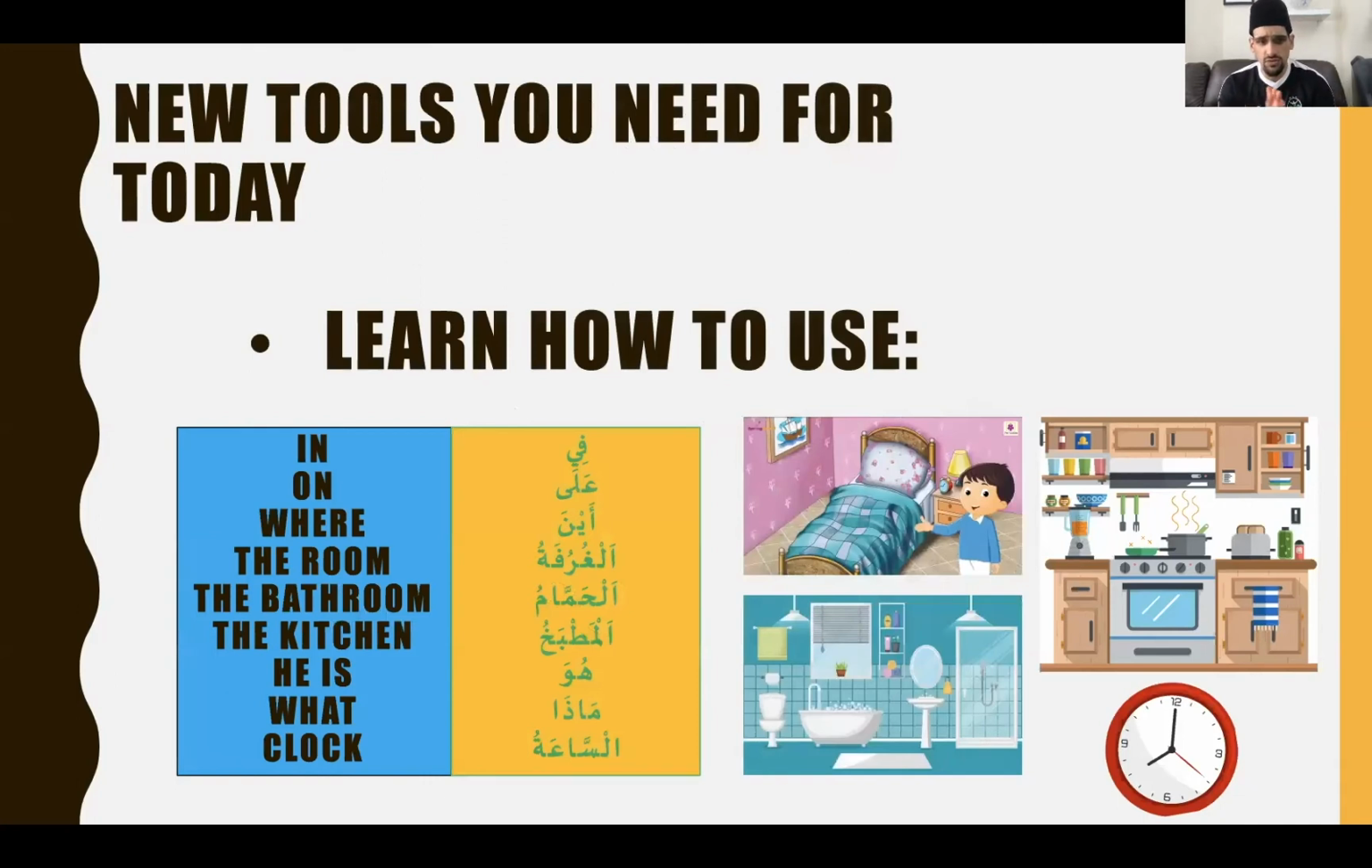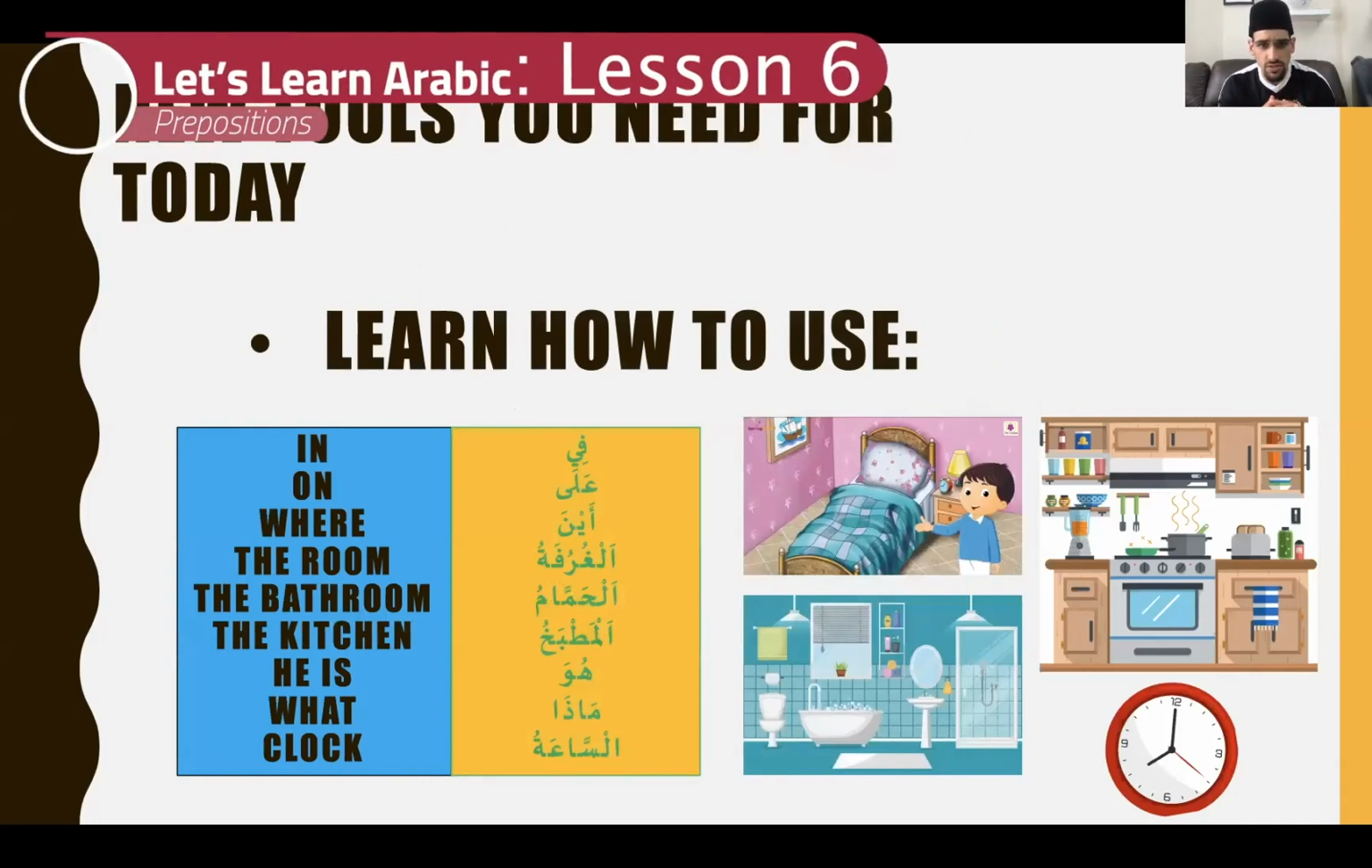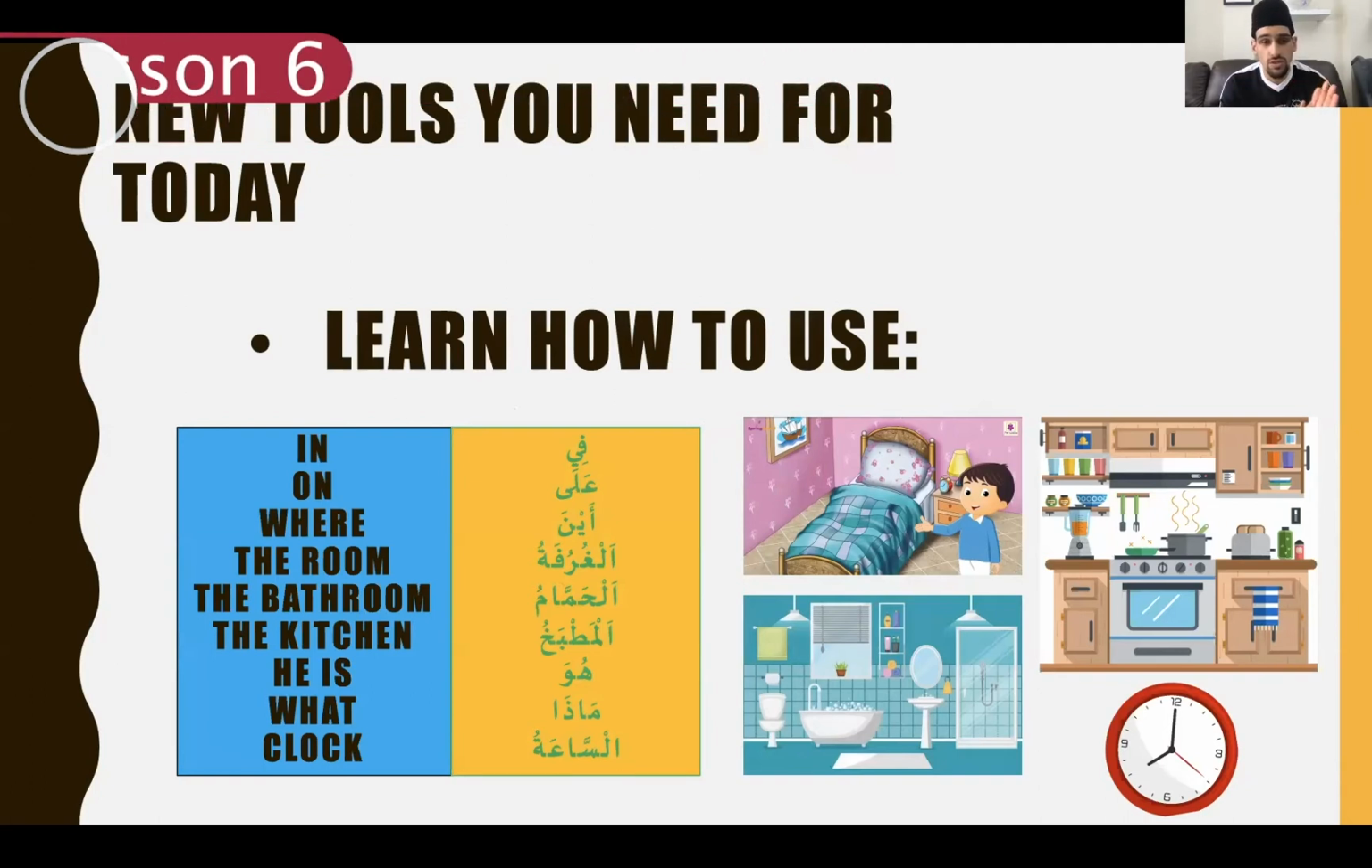So I just wanted to change it a little bit. I wanted to actually show all the meanings of the words today so that by the time we get to the sentences, we'll have an idea of which word to use. So today we'll learn, as I said, prepositions and along with a few new objects to help us in learning and increasing our vocabulary. So today we'll learn the word in, which is fi, on, ala, where, aina, the room, al-ghurfatu,